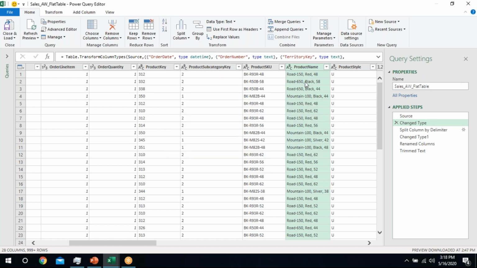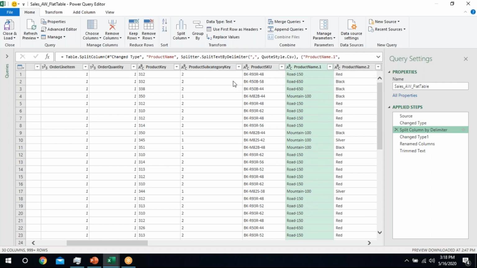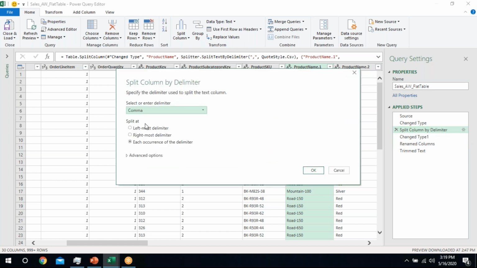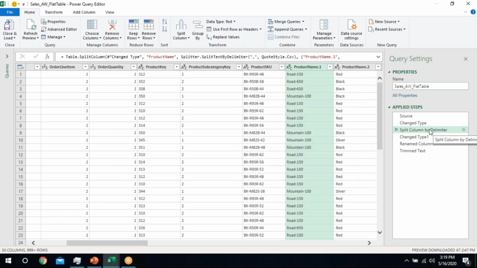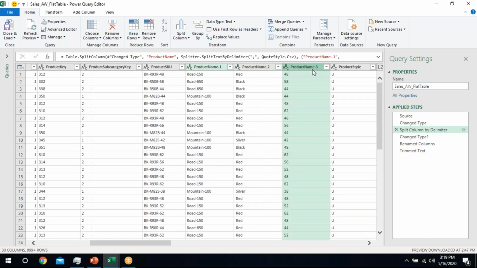Since we have the delimiter of a comma, we will select each occurrence of the delimiter, and okay. By pressing okay, we will get all of this data separated into single columns, right?